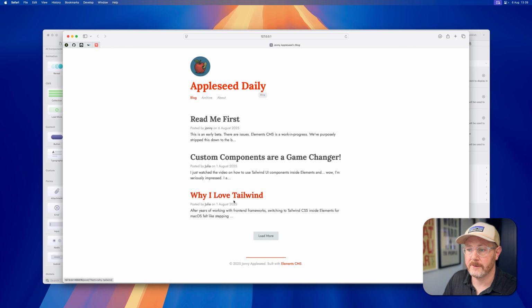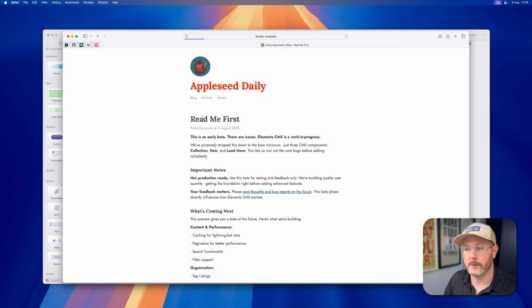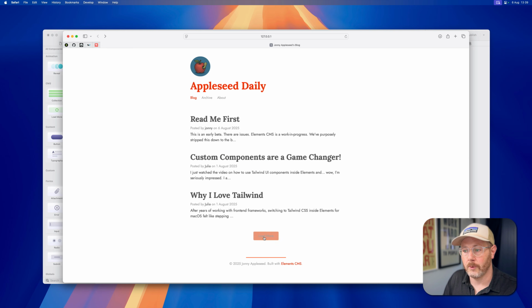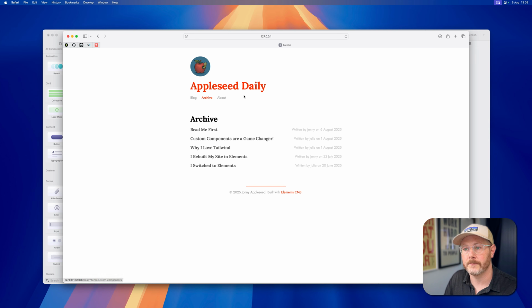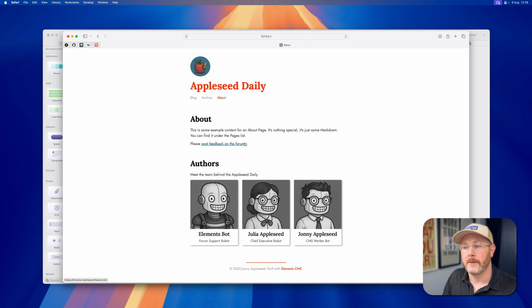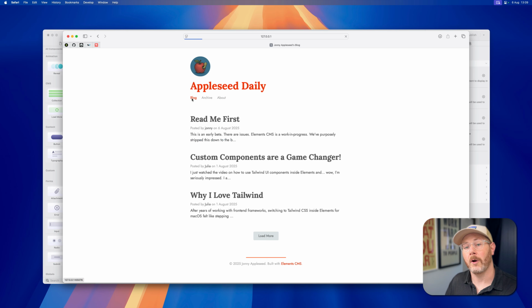So you can see here a list of posts. I can click on one of those. It takes me to that individual post. I also have this new Load More component, and that does exactly what you would expect. Click on that and it will load more posts into the page. We've got an archive page that lists all of our posts. We also have an about page. This page pulls in static single content. So this is not a collection. This is a single piece of data from the CMS. We also have a list of authors here. So if we hop back into Elements, I'm going to show you how to set all of this up and